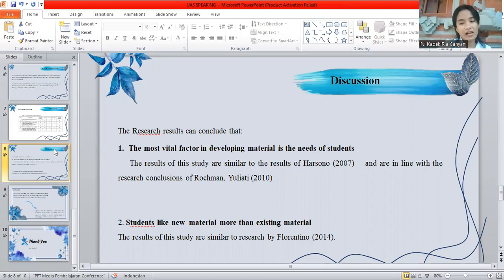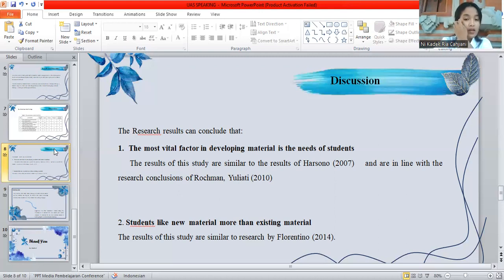With appropriate teaching material, students will be motivated to study well because they will realize that they are studying not for exams or grades, but rather for the sake of mastering skills. The results of this study are similar to the results of Harsono 2007 and are aligned with the conclusion of Rockman and Yulianti 2010.